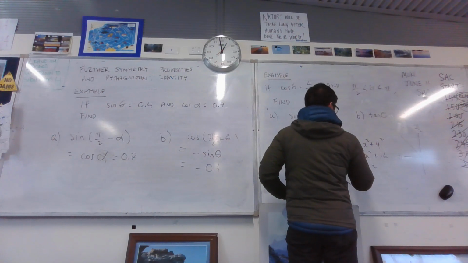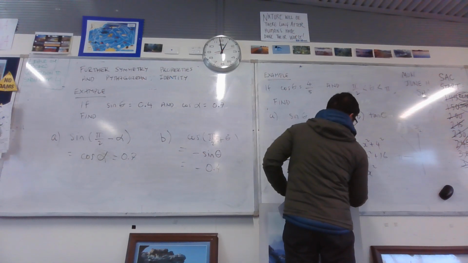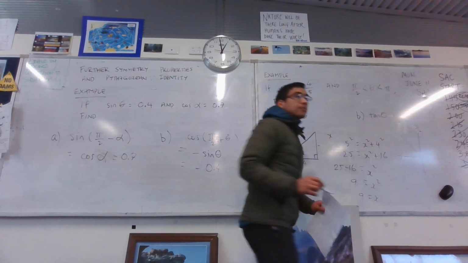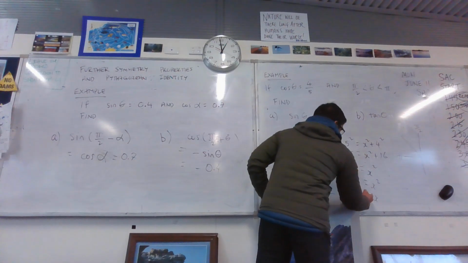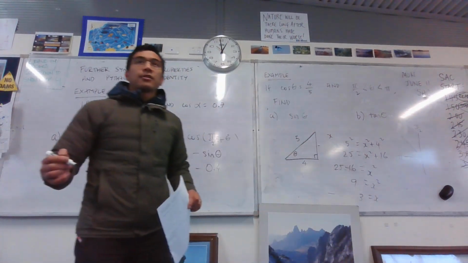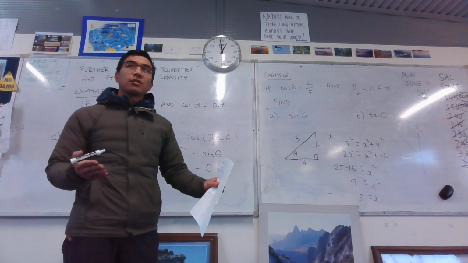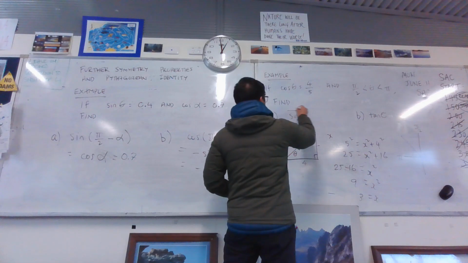Okay. 25 minus 16 is 9, so x squared equals 9. X equals 3. We're good with that? Okay. So that's that. Have I answered the question though? No. So if I want to find sine,